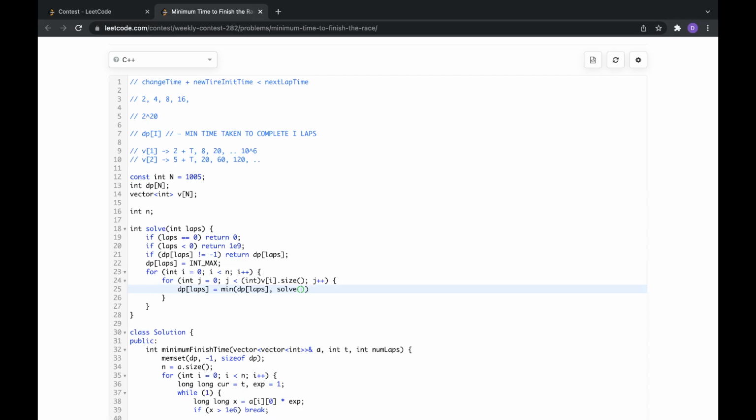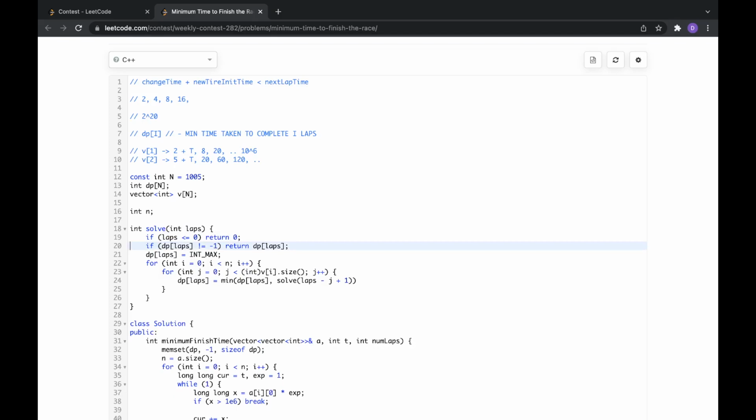So I'm using, let's say, the first j, right? This should be laps minus j plus 1. Even if it goes negative, I'll select it as 0. Minus j minus 1, I think,